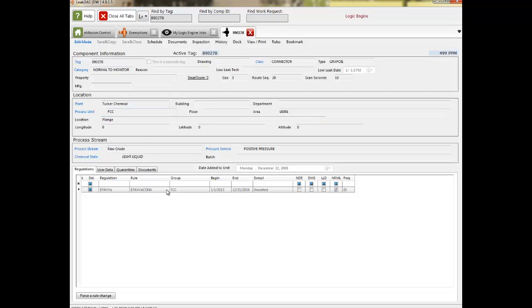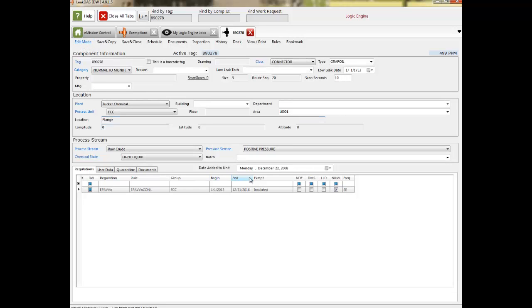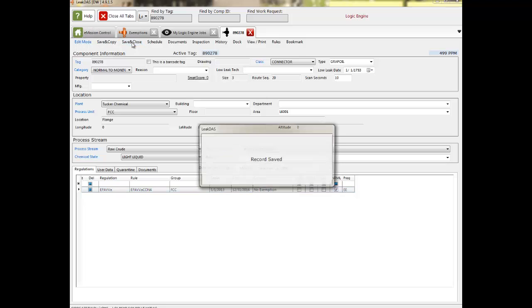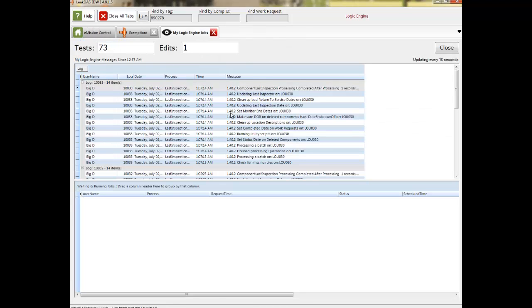If you want this component to start scheduling again every 4 years, you would remove that, and to do that you go into edit mode, go back over here to the insulated column here, the exemption column, and then click on here no exemption, and that will clear that field out. Okay, that will clear it out. Hit enter on the keyboard, and now I can go ahead and process it through quarantine, save and close, and now that component will be